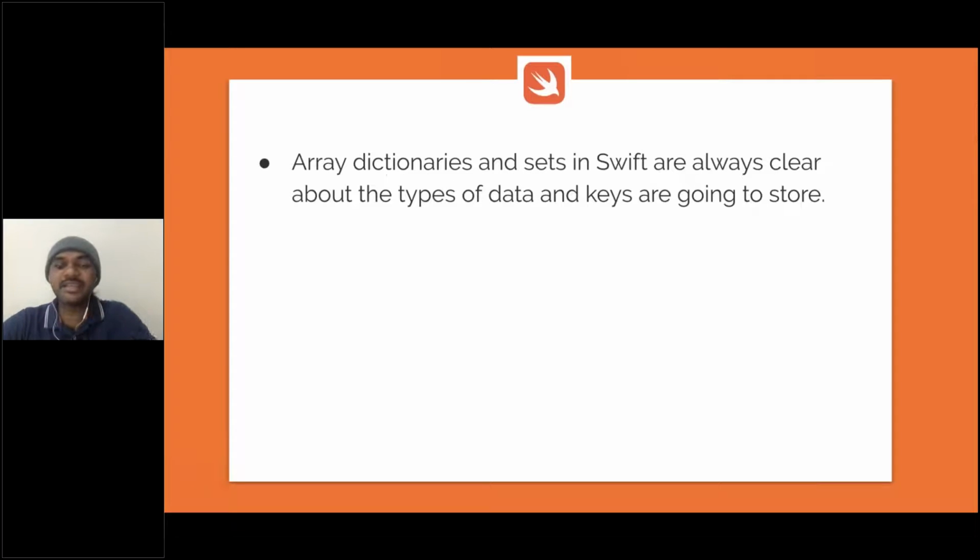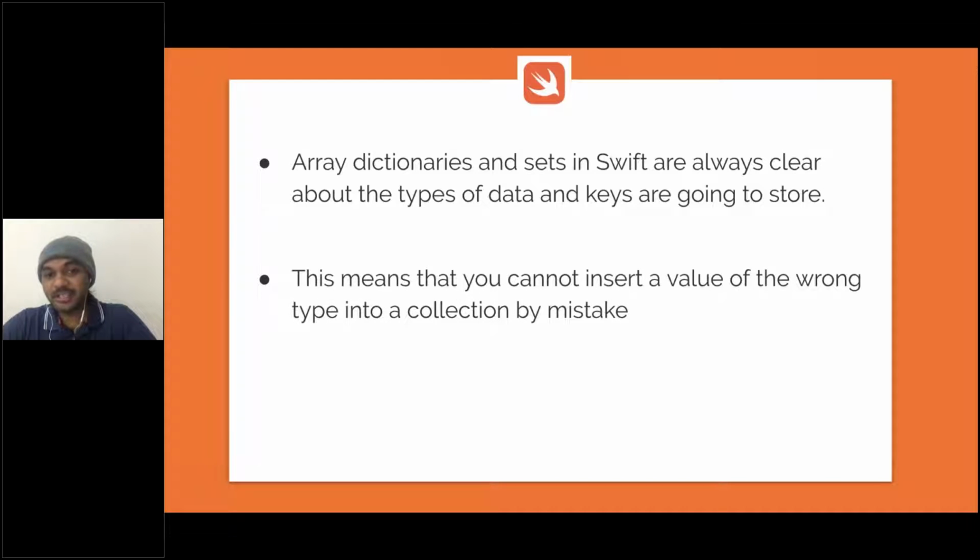Then arrays, dictionaries and sets in Swift are always clear about the type of the data and keys they are going to store. So the meaning is that whenever you are trying to use arrays, dictionaries or sets, you should know what type of data you are going to maintain, what type of key elements you are going to maintain. Everything should be clear. Then this means that you cannot insert a value of the wrong type into a collection